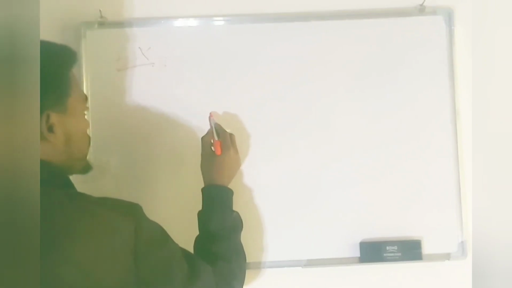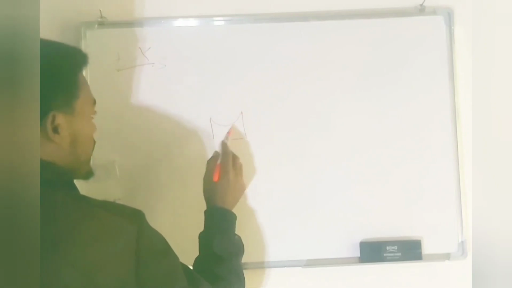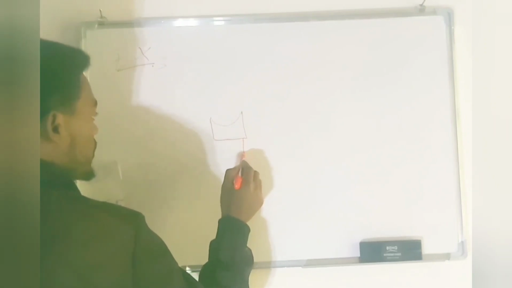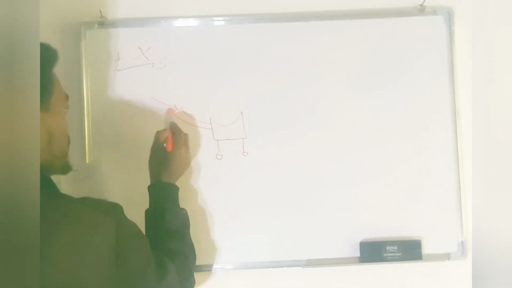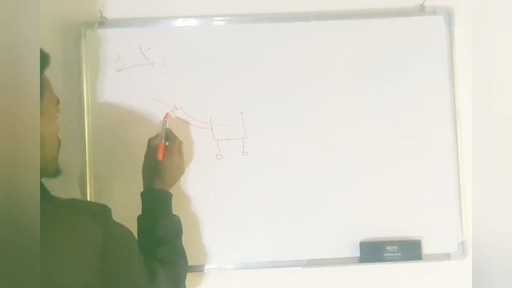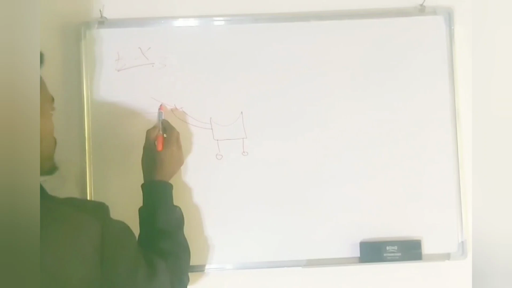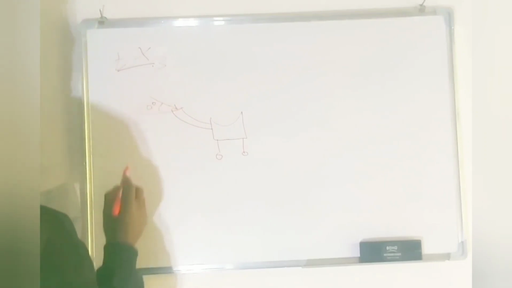Let us draw a shopping cart, but I am not good at drawing, but let us try. Someone is pushing his cart. He applied force at an angle of 30 degrees,